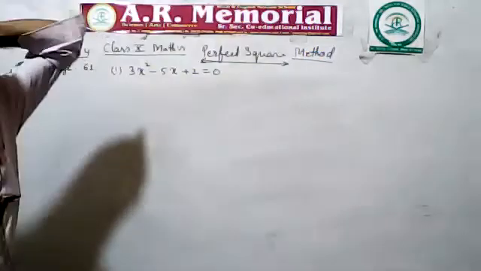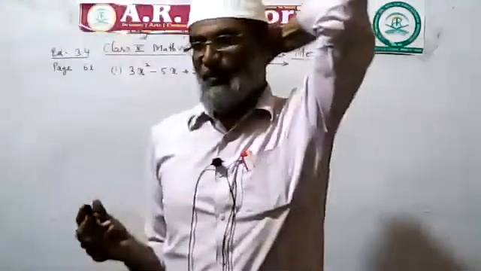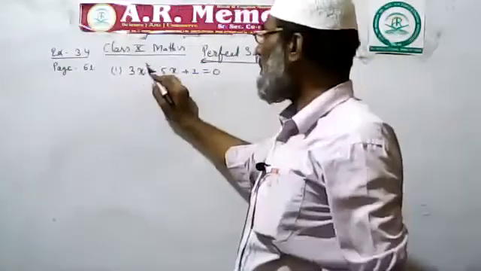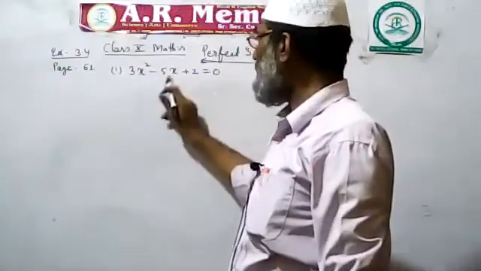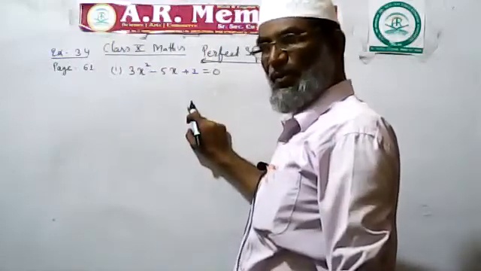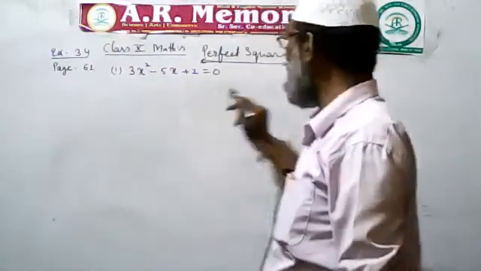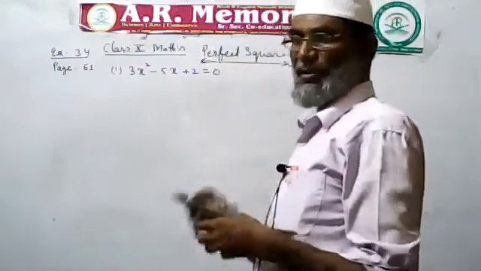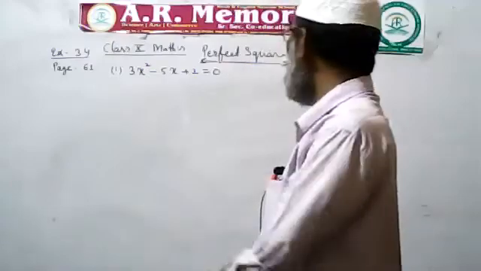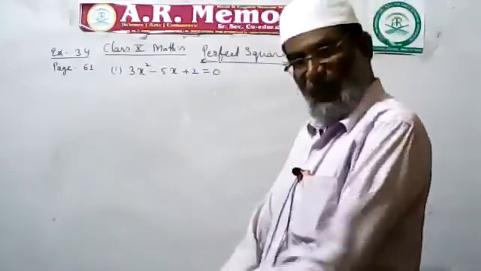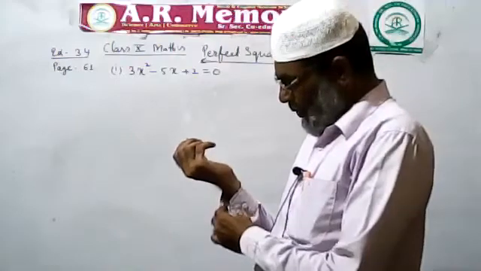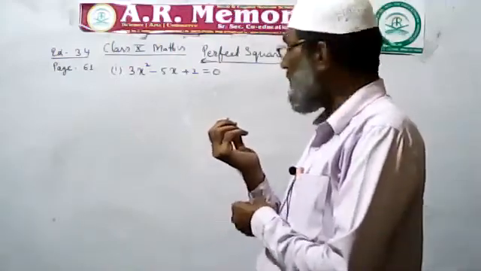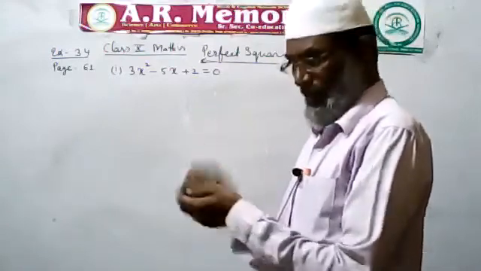Sir, how is it a quadratic equation? It is simple. Here the maximum power of x is 2, so it is quadratic. Sir, the split rule is also there. Yes, factorization by splitting we can do, but here we are bound to use a particular method, the perfect square method. It is the very first time I am explaining this, so the first two steps are very new for you. So listen clearly to what we can do to solve it.